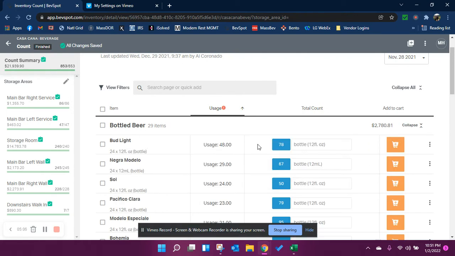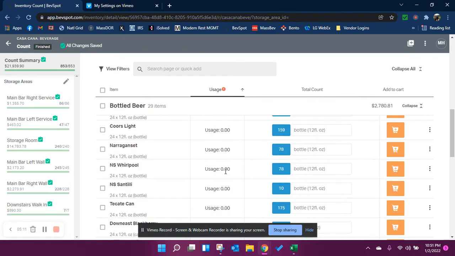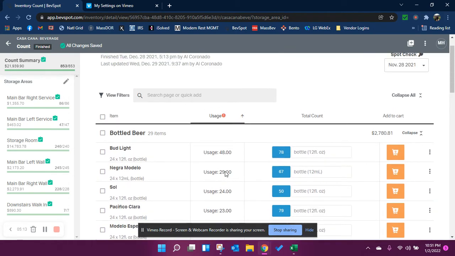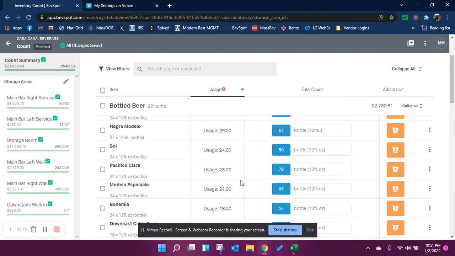So if I know that Bud Light is our biggest seller and Modelo is probably our second, okay, I continue to go that way. I just look for things that jump out at me. So if I know that,